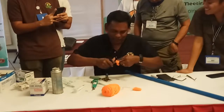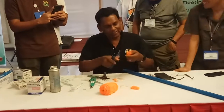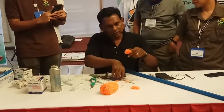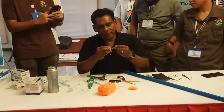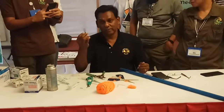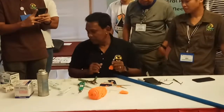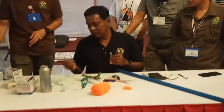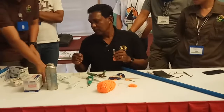Try to get new ones. You can make it slightly shorter or longer depending on preference. I think this is about just nice. That is ready. Okay, so for the needle, I will show you how to make it, but we don't have all the spare parts. So for today, to demonstrate,